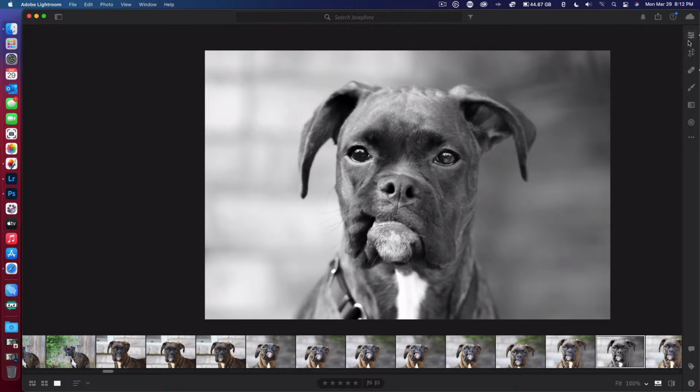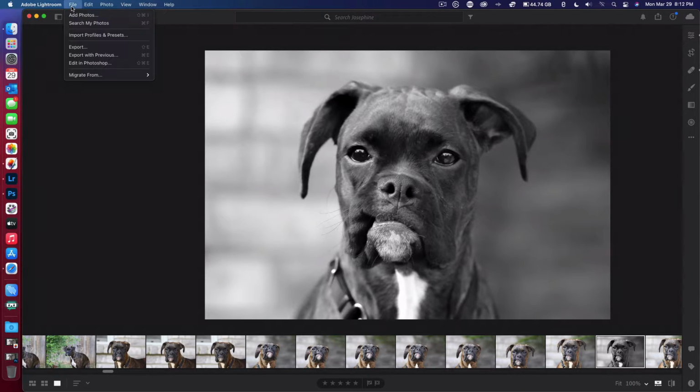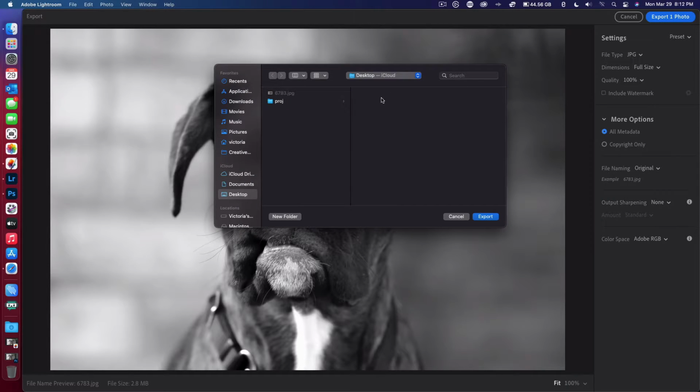But if you're not wanting to do something where it's softer like that, let's just say you personally like it darker, you can come back to exposure, and everything that you did is still retained, and you can make it a little darker. And I think that looks good because we see her wrinkles. It looks beautiful. So I'm actually going to export this because I like the way this came out here in Lightroom. Oh, that's so cute. I actually love the way this photo came out. So we're going to go ahead and export this. And you know what I'm going to name it is